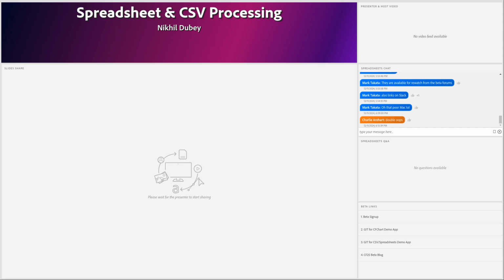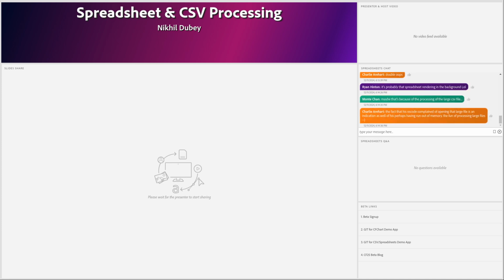Looks like Nikhil's Mac just, yeah, it looks like maybe Nikhil's attempt to render that spreadsheet in the back. I think that's what happened. I think he just massively ran out of memory and it just killed his machine. Sorry about that, folks. Yeah, the dangers of processing large CSV